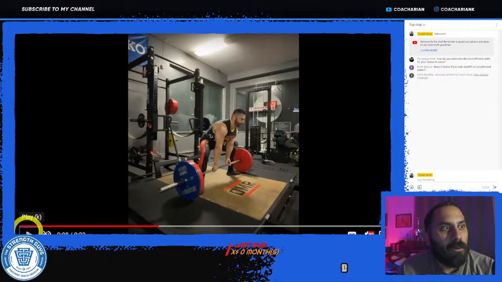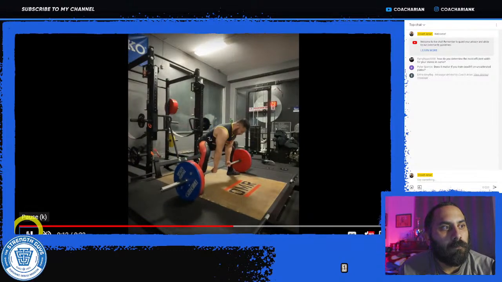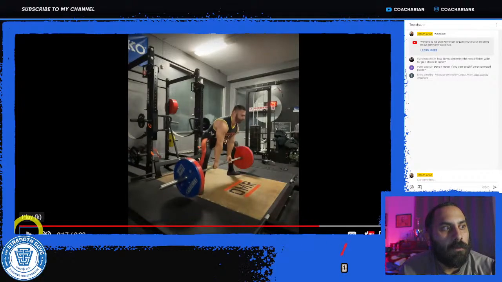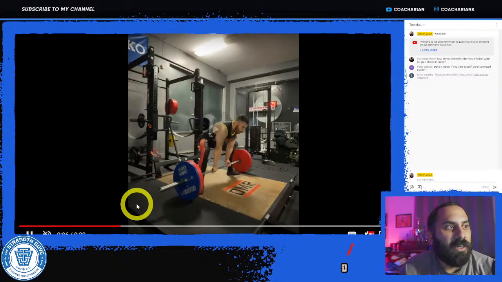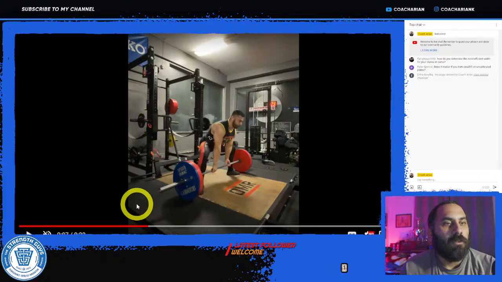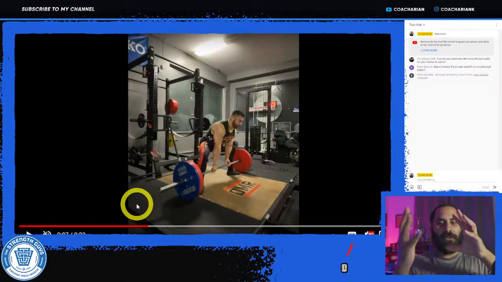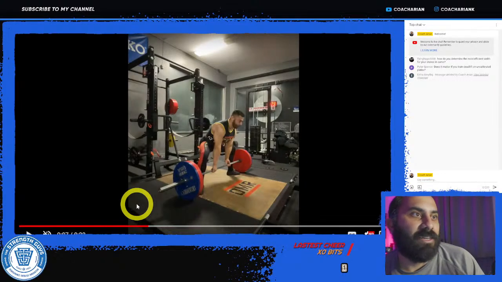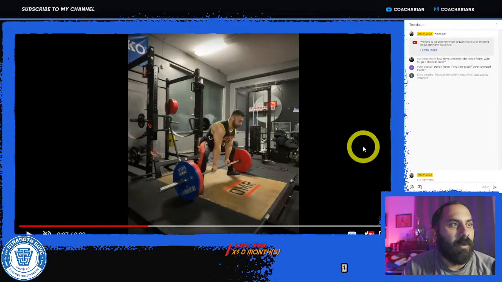The bar goes forward a little bit on him, and the hips go a little bit forward on him. And then that one, he hits it forward a little bit more. So potentially it could just be sitting back on the heels a little bit too much here. As he drops the hips really quick and tries to get the vertical shin there, potentially just shifting too much of his weight back and having his hips back. If we had a side view, we might be able to see it better.